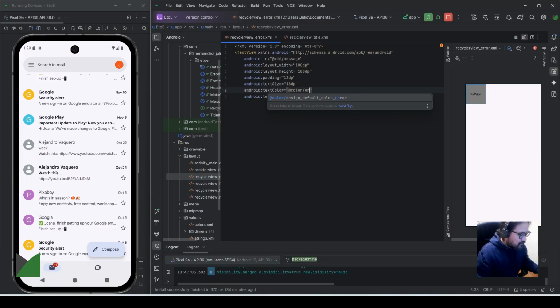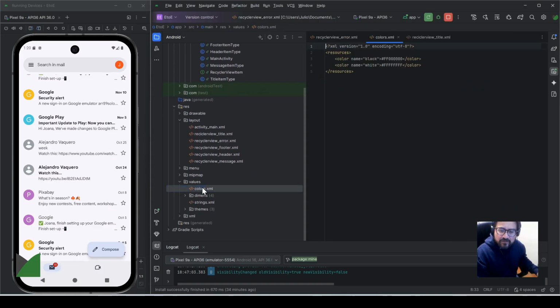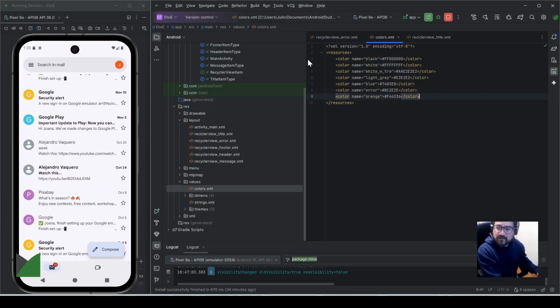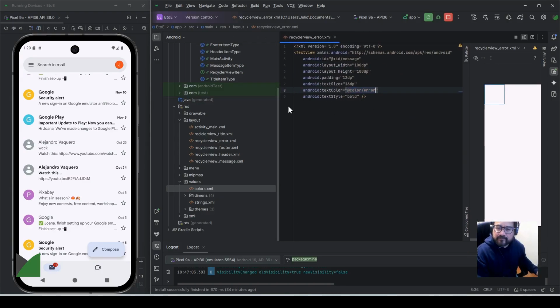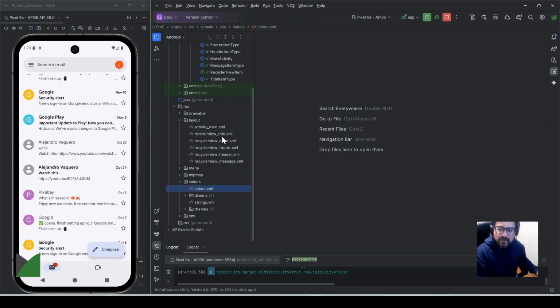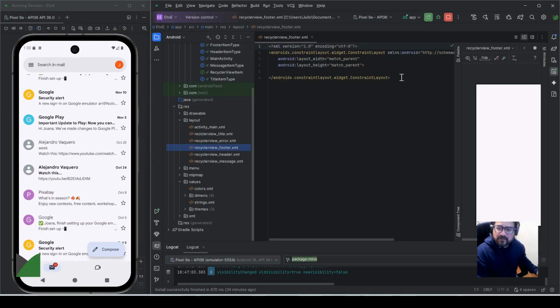I'm going to add a few colors here. So the colors, and I'm going to replace these colors here. So now this is color error, and now title error, the footer, that is